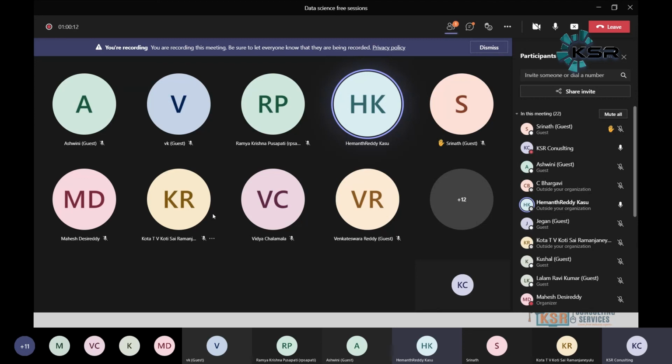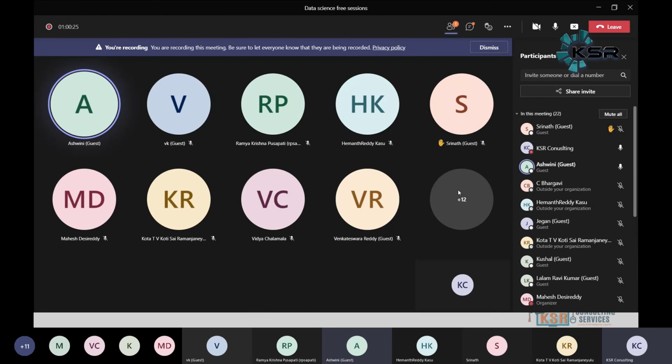Okay. Let me ask Ashwini. Can you tell me what could be the ideal length of an identifier? Sir, it can be 0 to 9, capital A to Z, or small a to z, like that.